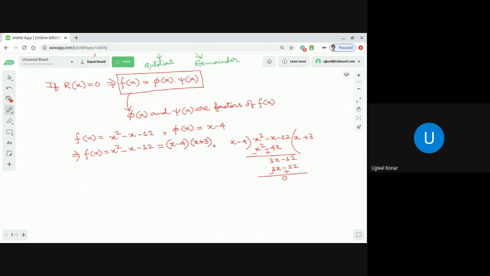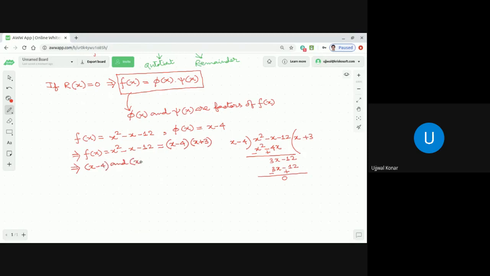Correct? So what can we say? We can say that both x minus 4 and x plus 3 are factors of the quadratic polynomial x square minus x minus 12. Correct or not? Yes. So here what we can say is that x minus 4 and